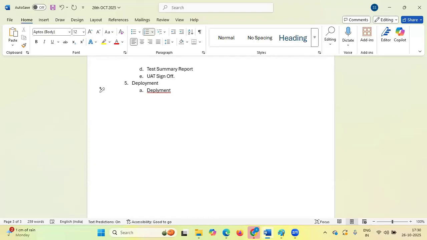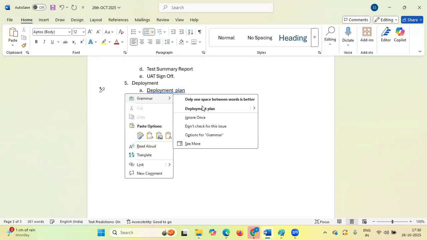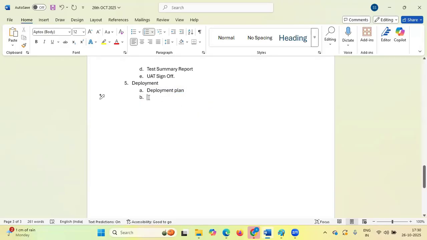First of all, we are going to create a deployment plan. Correct, guys? Who will do that? Nowadays, the DevOps architect is going to create that. If you are a senior DevOps engineer, then you are also able to create that.